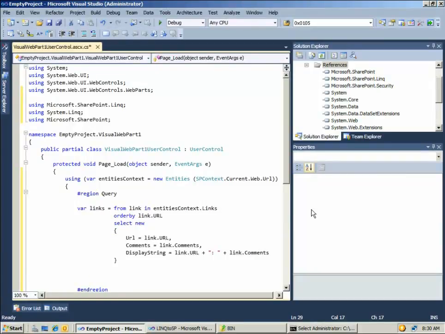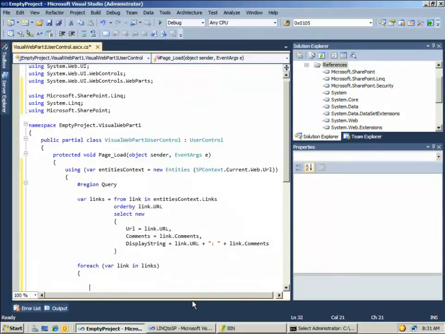So that's not enough to actually run this thing. The link queries aren't called until you actually use them. So at the moment, my links variable is null. So to get some data in there, let's start using it, and to do that, we're going to enumerate. This query is going to return for us an object of type IEnumerable, so that means I can use it in a for each loop. And all I'm going to do is